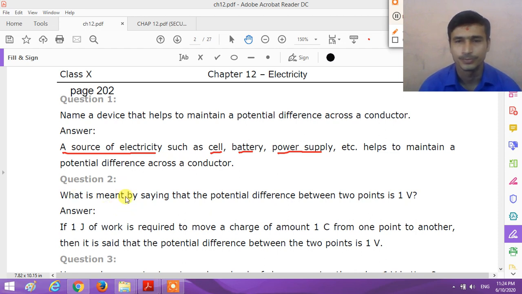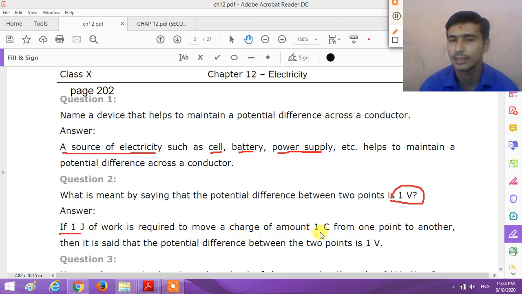Question number 2. What is meant by saying that a potential difference between 2 points is 1 volt? So what do you mean by the 1 volt potential difference? Here the question is, what do you mean by the potential difference between 2 points is 1 volt? So the answer of this question is, if 1 joule of work is required to move a charge of